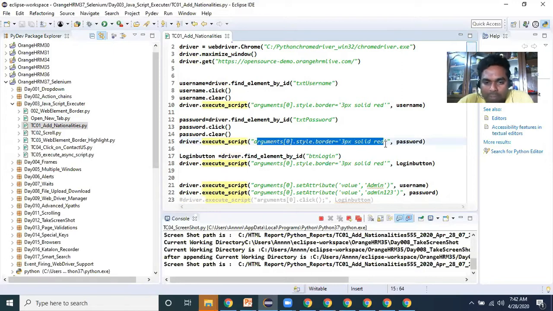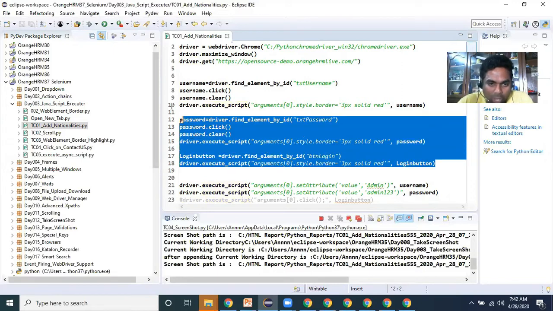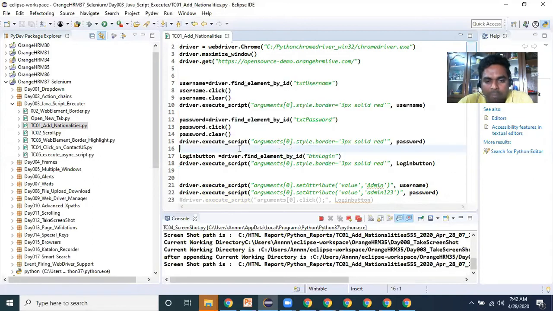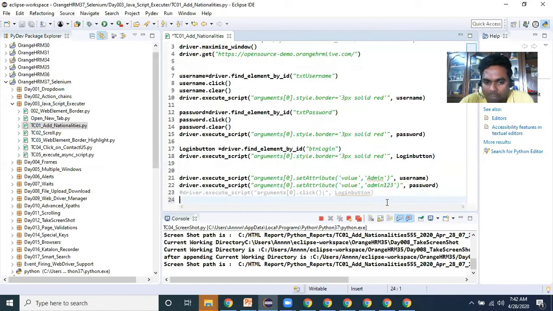Up to here, I'm just highlighting my web element borders in red color. After that, if I want to type some value or click on the login button, I write like this. The username web element has been created and I'm passing it.